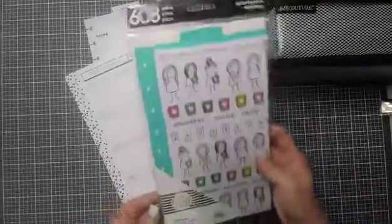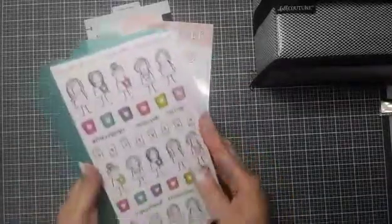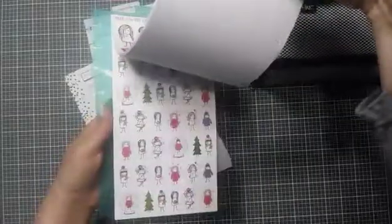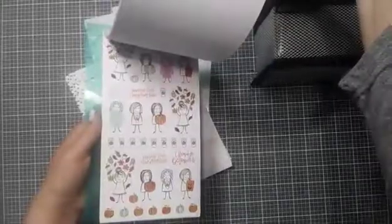Okay, next up, I got some stickers. I saw this on another Planner Babes channel, and I absolutely love this. I saw it actually on 2 different people, and these little girls are just so cute. So these stickers are full of the little stick girl and all the things that she does. There's seasonal things, winter wonder, fall, we have summer,